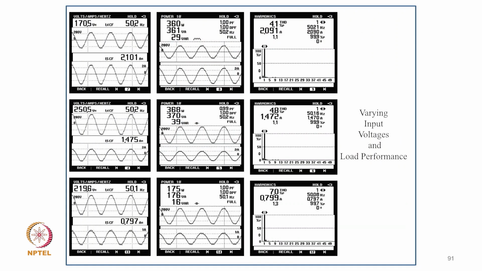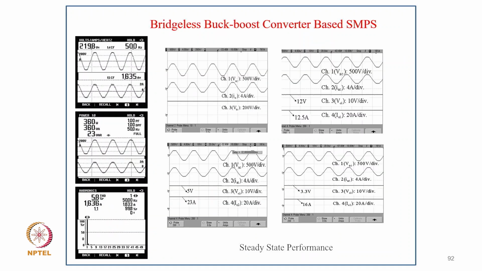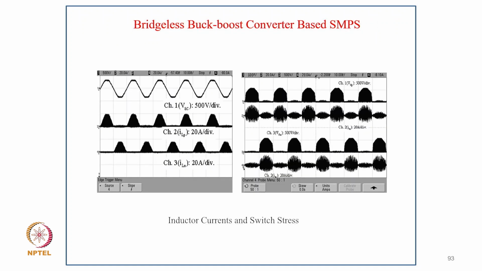This is the case under varying input voltage, 172 to 250 volt, and the power factor remains always above around 0.9 or unity, and THD remains less than 8%, about 7% on light load condition, while at full load condition the THD is typically even 4.8%. And this is the case of the bridgeless buck-boost converter. Power factor is unity here also, and THD is only 5.8%. And this is proving the design that the inductors of the buck-boost converter are designed in discontinuous mode. The positive converter operates in the positive half cycle, and the negative converter operates in the negative half cycle, showing that these currents appear only in the positive and negative half cycles respectively.